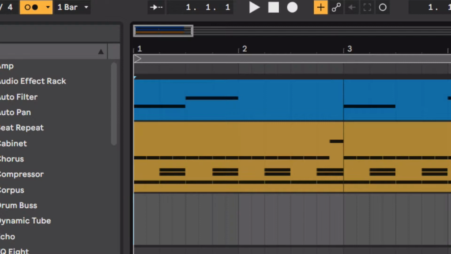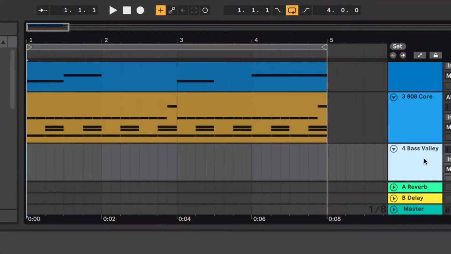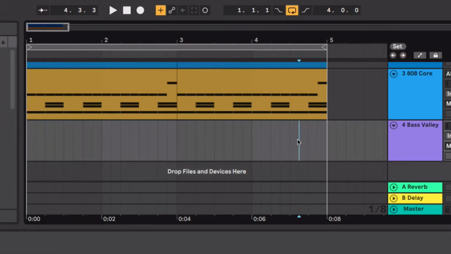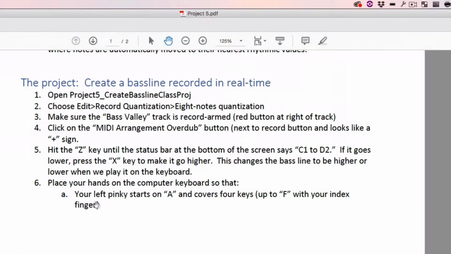Cool, so that's most of the setup here. We're going to be playing to this bass valley. Unlike the previous times when we've clicked and dragged to create and gone to create MIDI clip, since we're recording in real time, it's just going to start at the beginning of our loop and record in this area. It'll create a MIDI clip for us automatically. So let's look at what we have to do next, which is